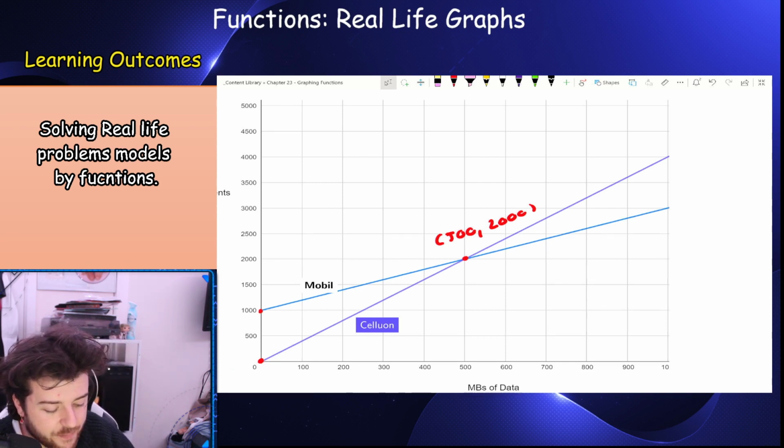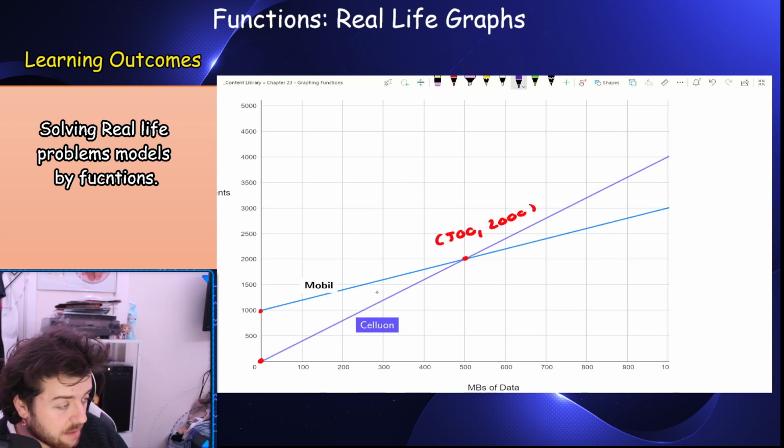If we see here, if he uses less than 500 megabytes of data, he's actually going to be paying less with Cellulon than he would with Mobile, because Cellulon is less than Mobile. From here, Cellulon is less than